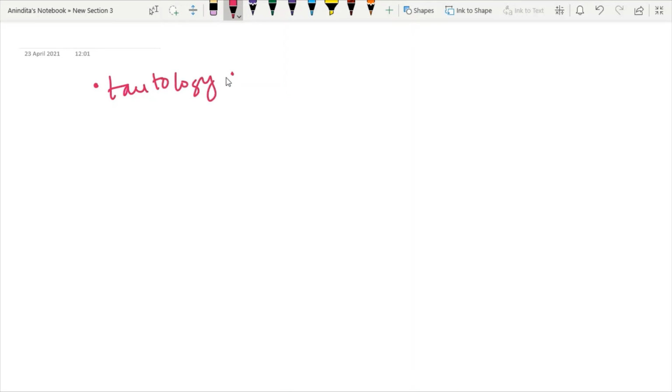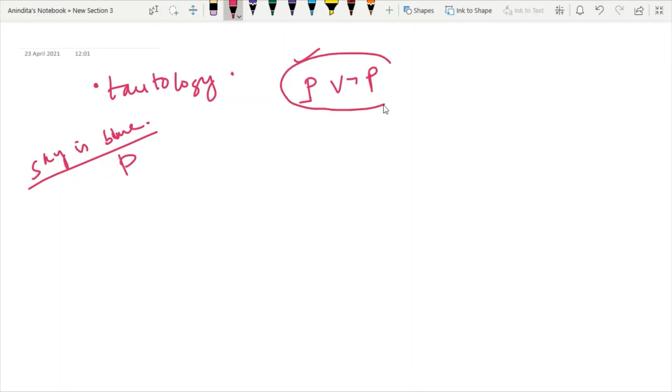So what is the meaning of tautology? We have to understand. It is just a proposition that is always true. Means if I write P, P means a particular statement, that is, sky is blue. So this atomic statement can be represented as P. But if I write the term as P or not P, then it is known as tautology. Why? Because according to the description of the tautology, something which is always true in nature is termed as tautology.